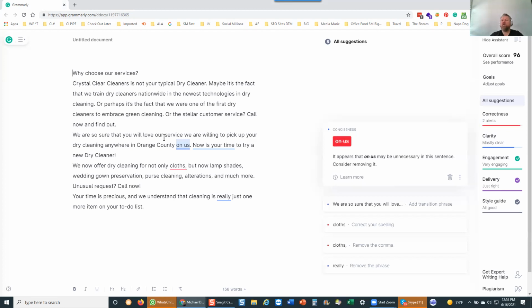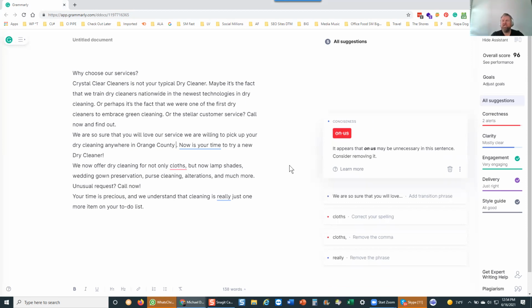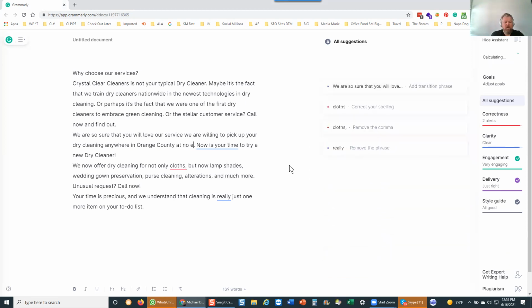We are sure that you will love our service. We will be willing to pick up your dry cleaning anywhere in Orange County on us. They don't like "on us." They don't realize "on us" is for free. We could change that to "no extra charge." So that's telling us, so at no extra charge. So there we go. It likes it. And then that comes down to another topic that I didn't cover, which is